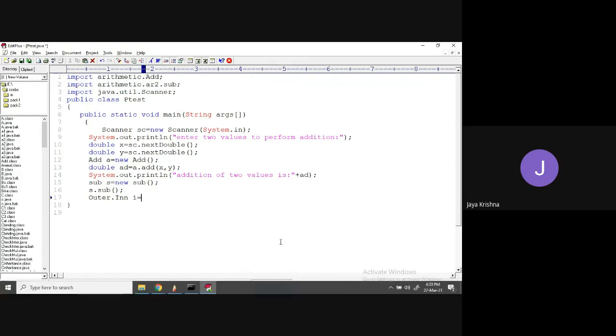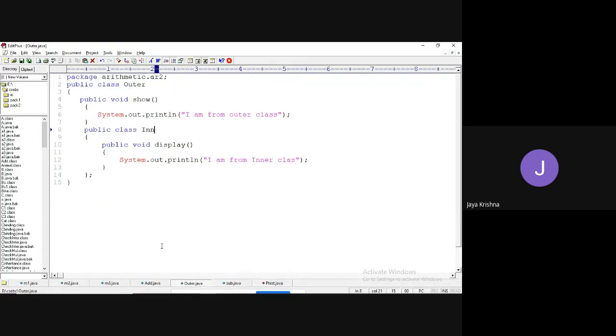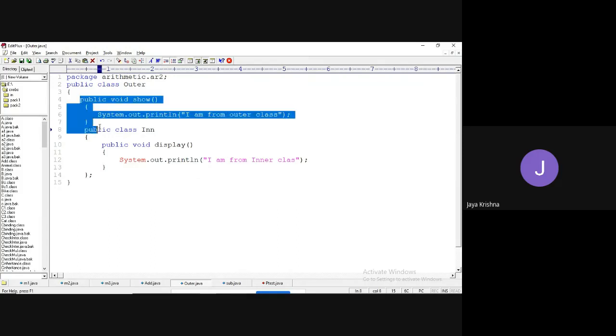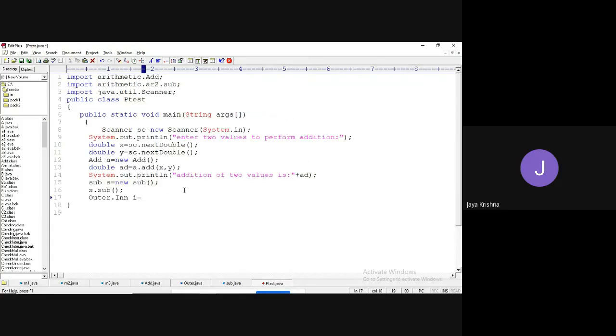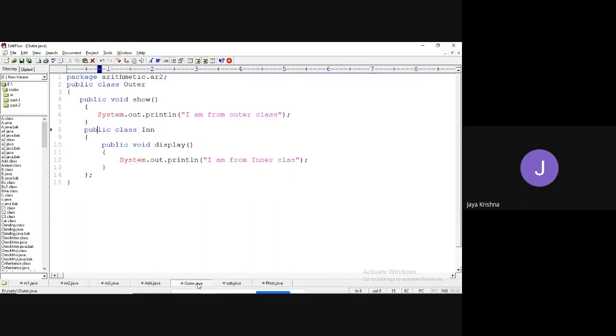First, let me show one thing. First, I will call this show method so that it will be easy for you. So to make it, outer o equal to new outer. This is simple, right? O equal to outer, o dot show method. I will create an object for this one and simply call this show method.